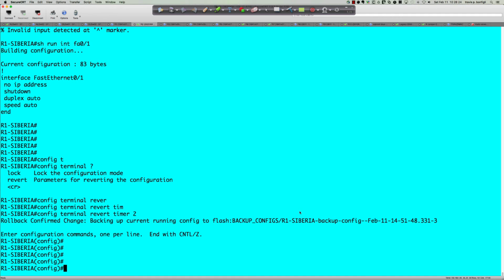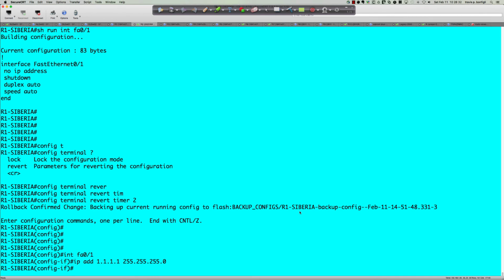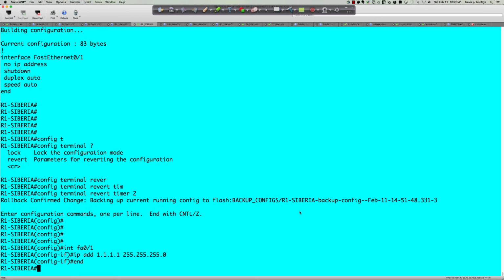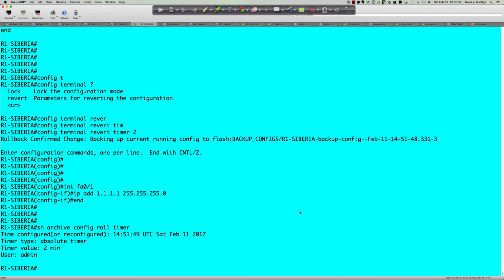So here we are. I'm going to get into interface FastEthernet 0/1, IP address 1.1.1.1. So I've just made this bad change. I don't realize I've made the bad change because I've possibly cut the LAN segment off. And then I realize, oh, you know what? It's going to take me longer than 60 seconds to fix this. So again, when I say show archive config rollback timer,